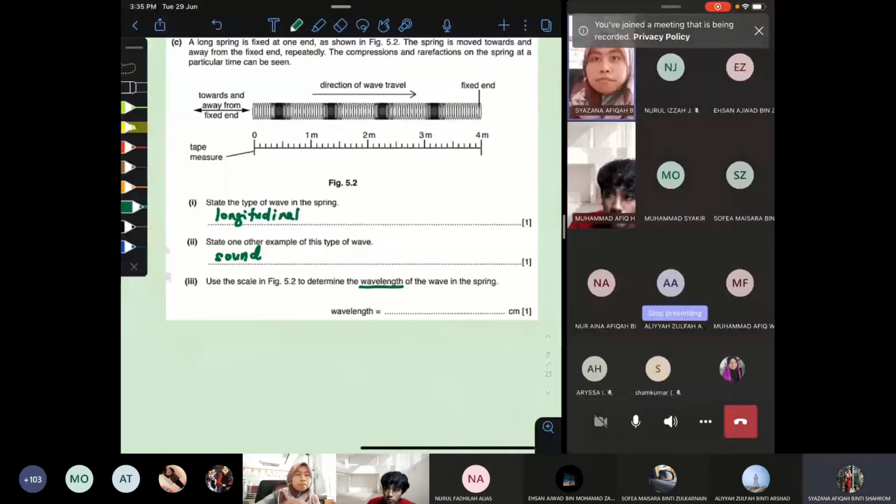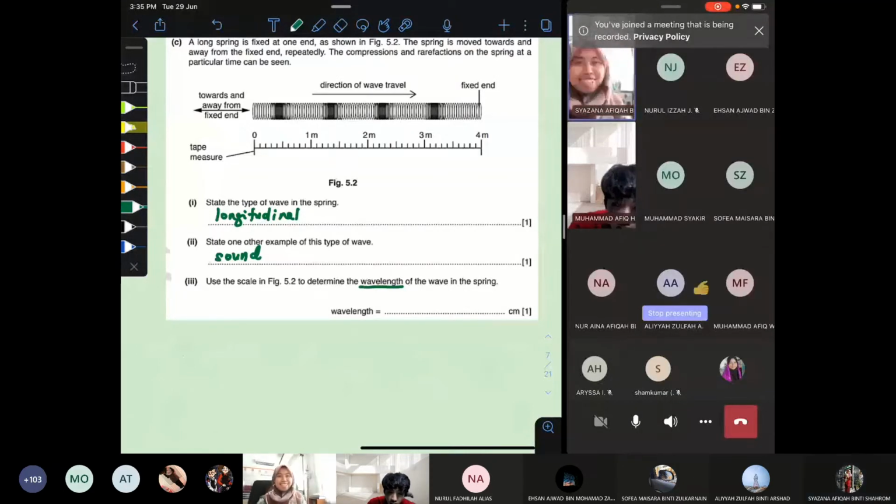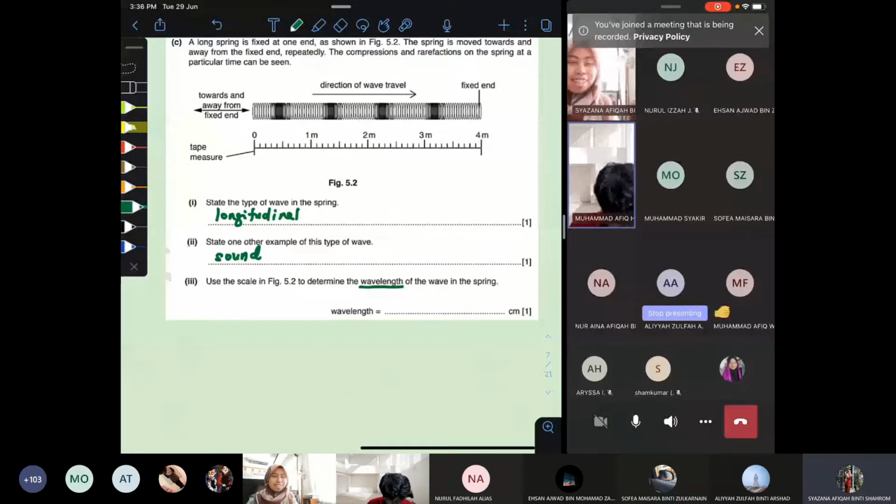Yes, Muhammad Afiq is a good student, our A-star candidate. Even teachers outside know already. Okay, so what's the wavelength? Afiq? In my opinion, the answer for C3 is 100 centimeter. Am I right? 100 centimeter. Okay, so the answer is